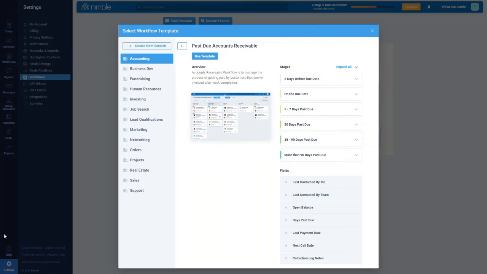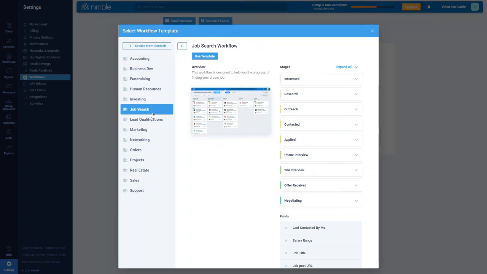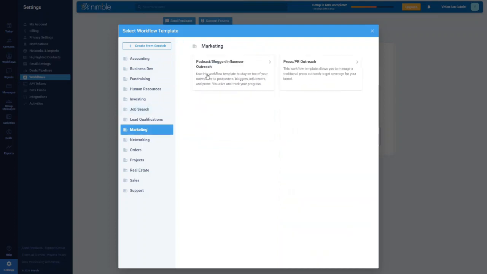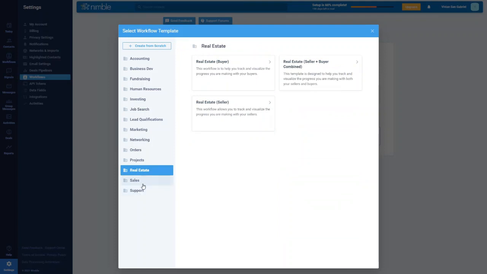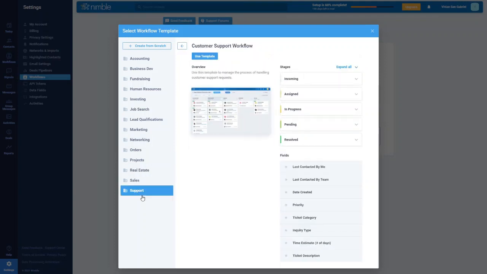Now, since this feature is meant to be used by a wide variety of teams and departments, we created a huge selection of pre-built templates to make tracking your processes very easy. Some of these include accounting, so we have this past due accounts receivable template. If we go to the job search, we even have a job search workflow. Marketing, we have influencer outreach, PR outreach. We also have networking workflows, real estate workflows, sales, support,